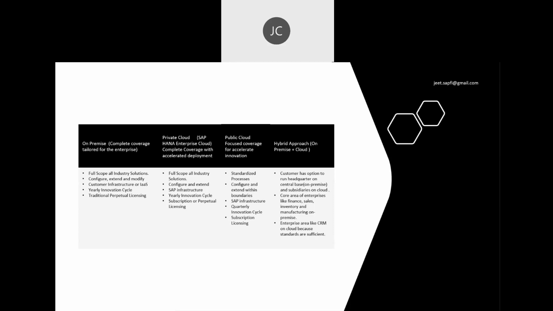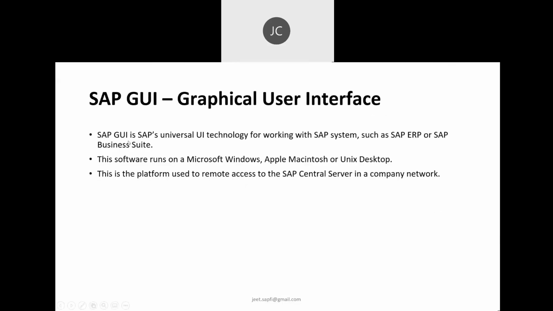Okay. So in total, we can say that we have four approaches for SAP S4 HANA deployment or implementation. Okay. So any confusion here, guys? No. Okay, fine. So now we have covered our deployment options, right? So these are the main deployment options we have available. Now let's go to our main part, which will be really interesting to us, where we will be working most of the time. Okay, so let's get to that part.